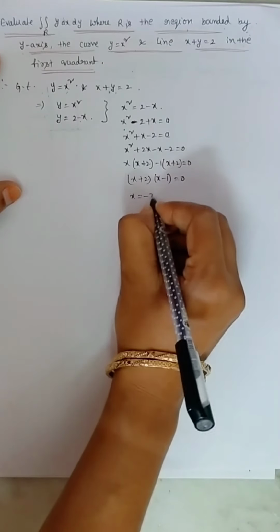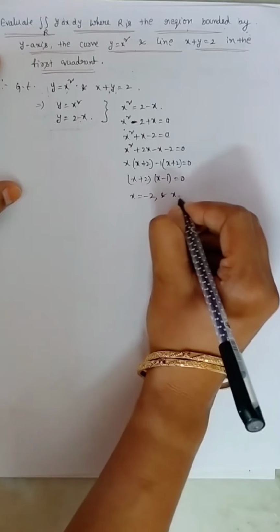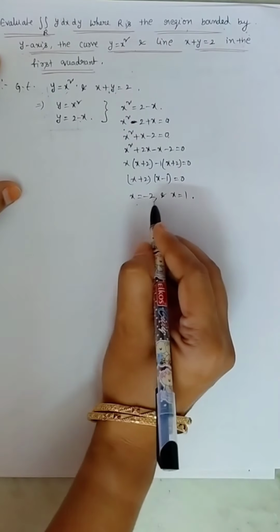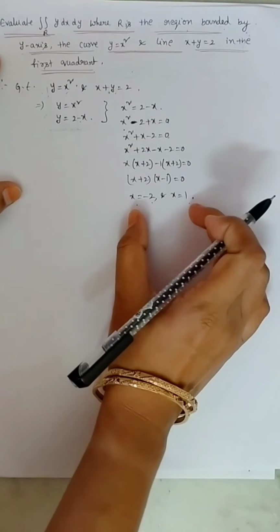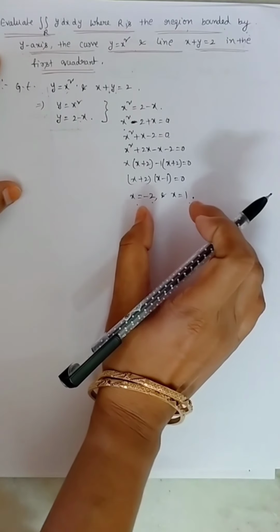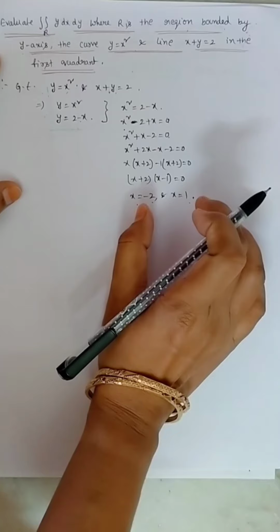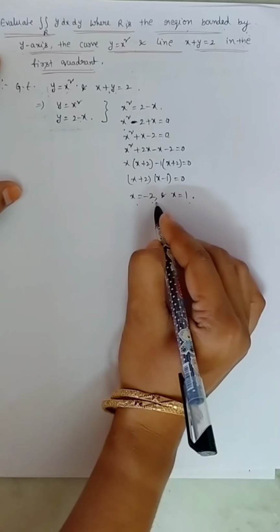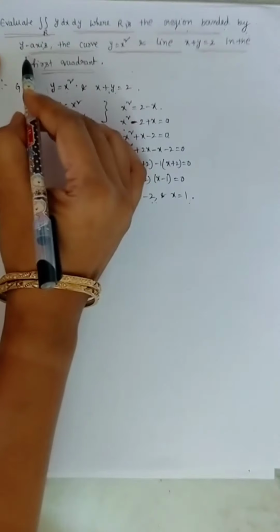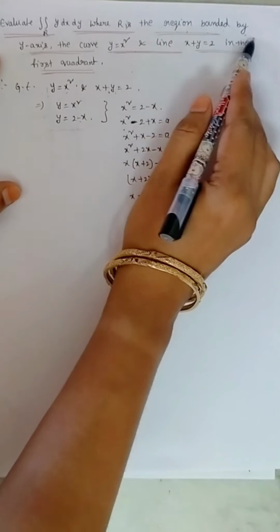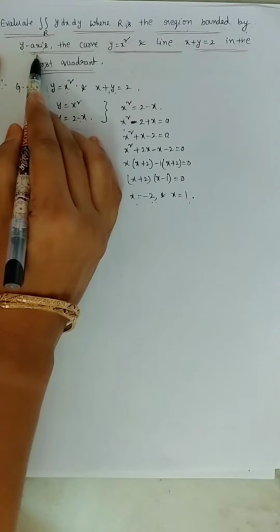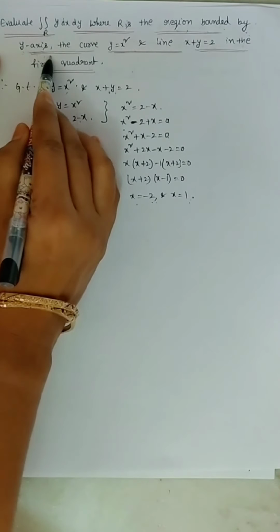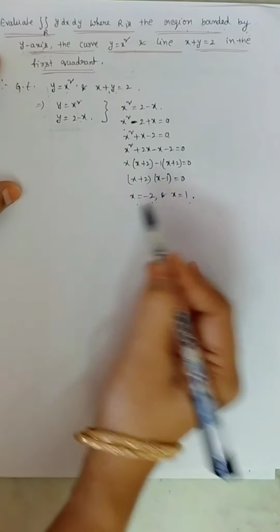Therefore x equals minus 2 and x equals 1. Here we don't consider x equals minus 2 and x equals 1 directly because the region is bounded by the y-axis. After drawing the diagram only we have to know what the x limits are and what are the